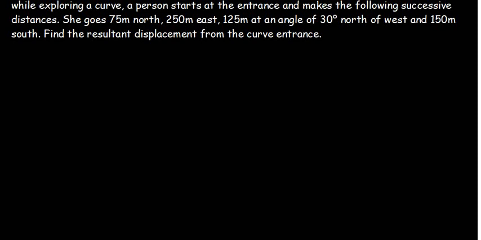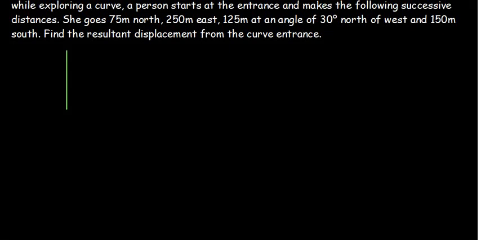Okay, so here we should have a compass showing the north, the south, the east, the west. All right, there we have the east, the west, the north, the south. Now, a person starts at the entrance and makes the following displacements. She goes 75 meters north. So 75 meters here,